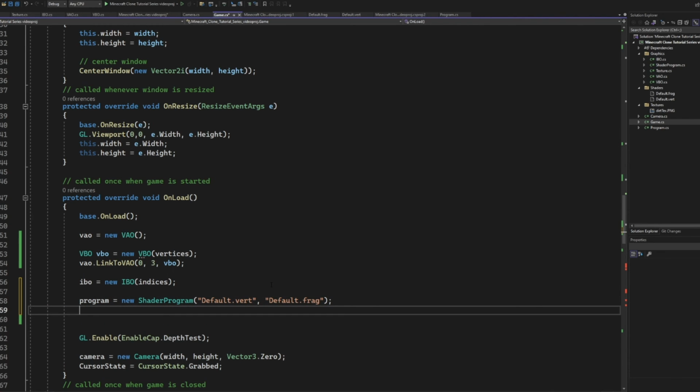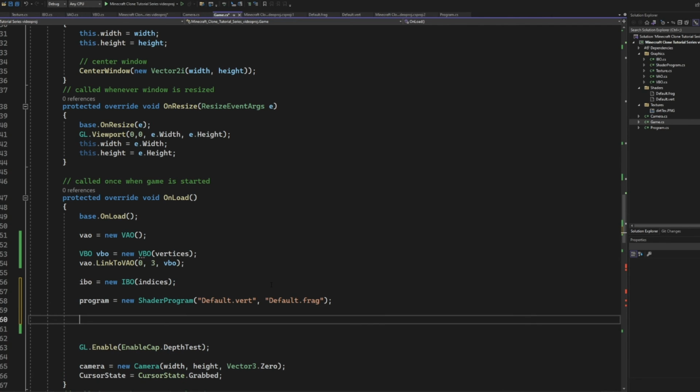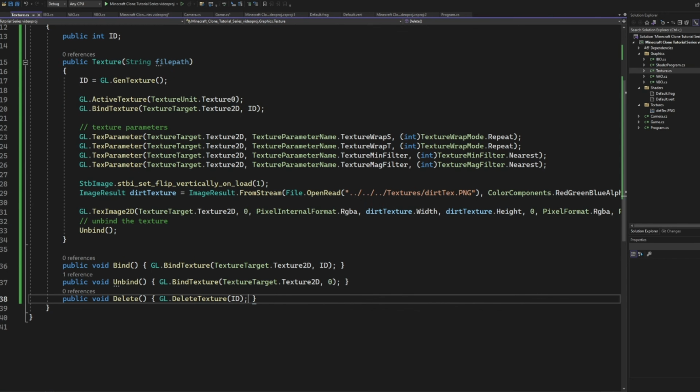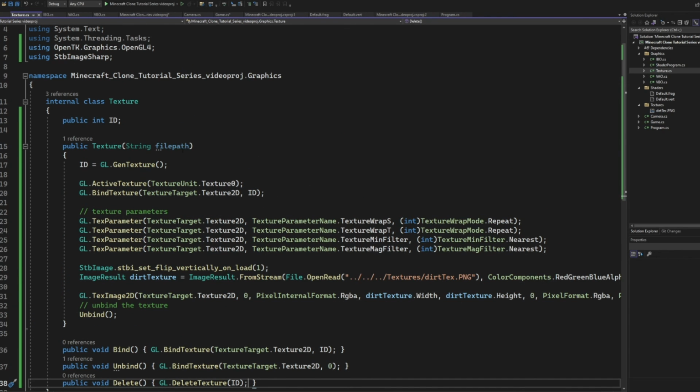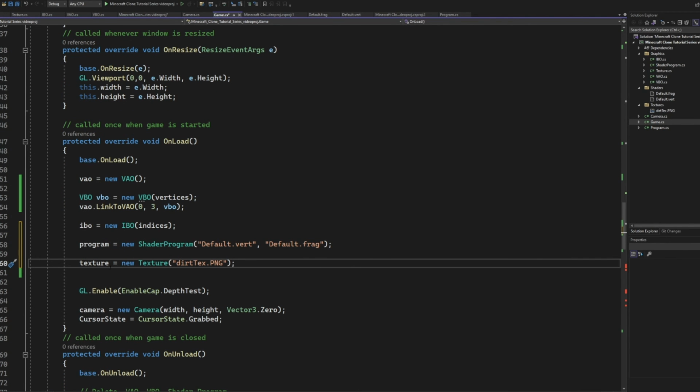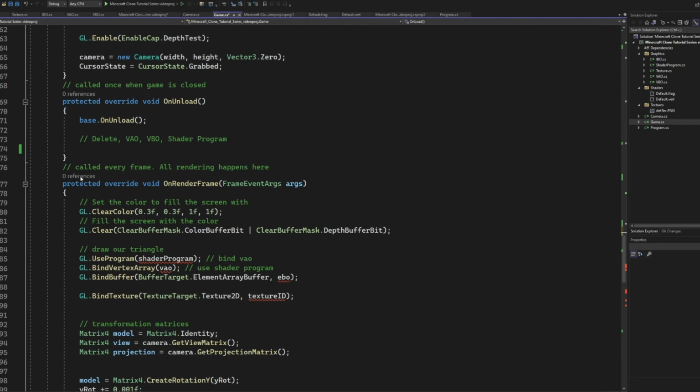Okay, and then what we're going to do is we'll just do the texture now. So I'll just do texture equals a new texture. This is going to take in the file path, and I think all we have to do is specify the name. I think I already did the rest of the file path for it. Yeah, I did, except I hard coded in the name here. What you want to do is put this in like this, so you do plus that file path there. There we go. Okay, now that we're actually using the file path,